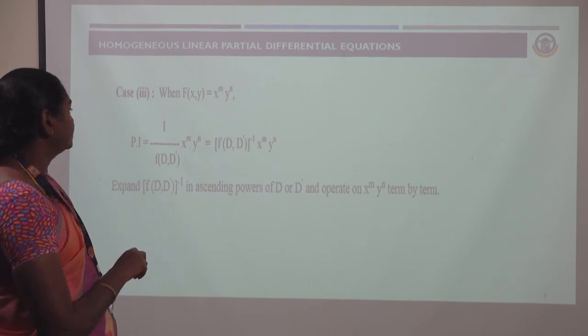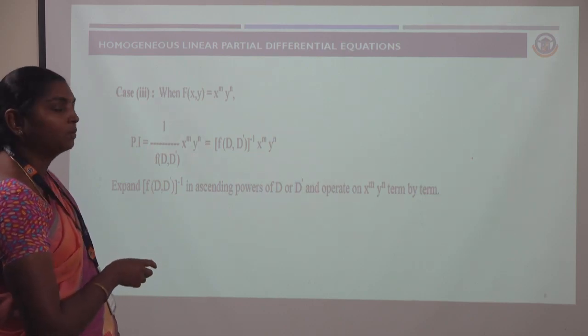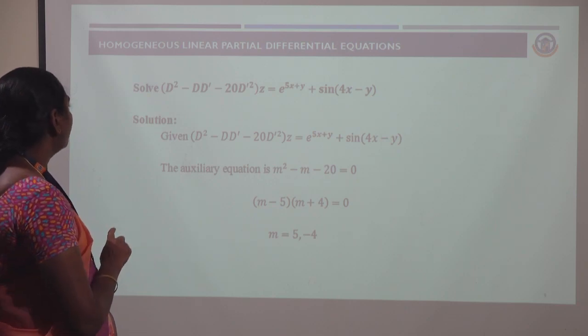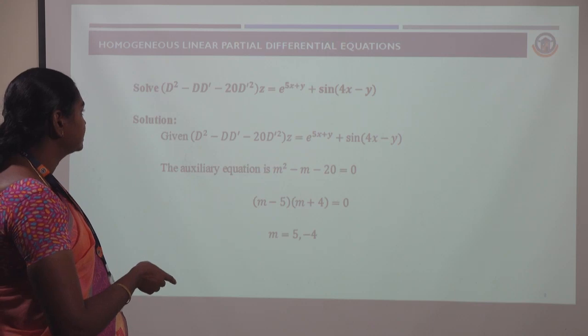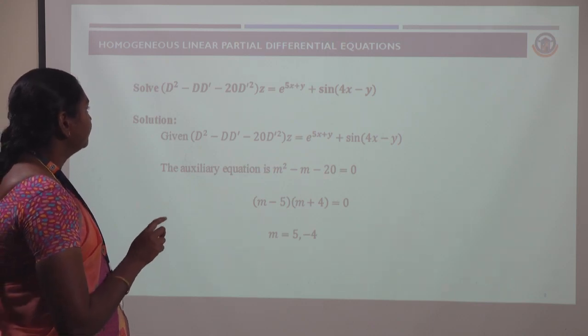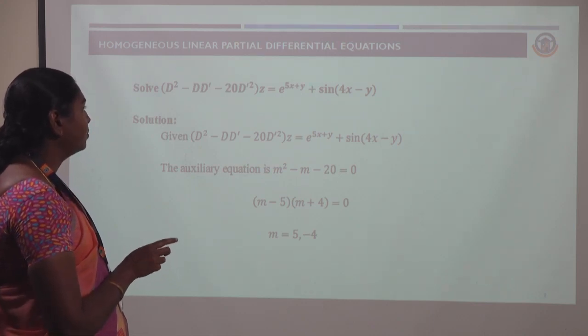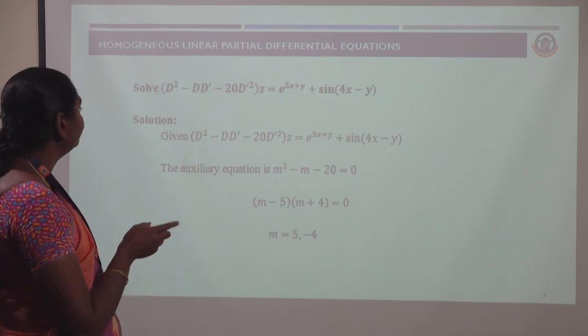Then we can see an example for this. Solve D square minus D D dash minus 20 D dash square into z equal to e power 5x plus y plus sine 4x minus y. Here we can see